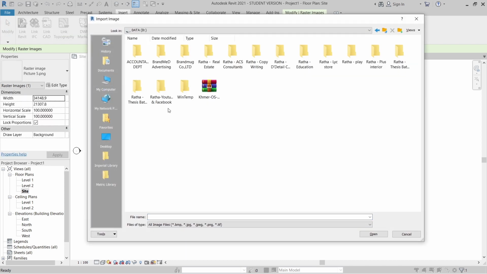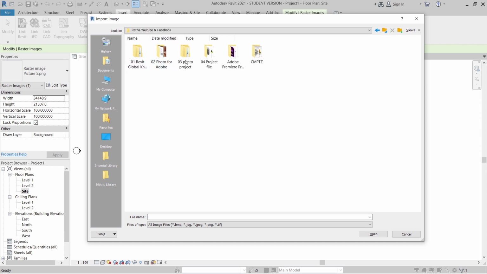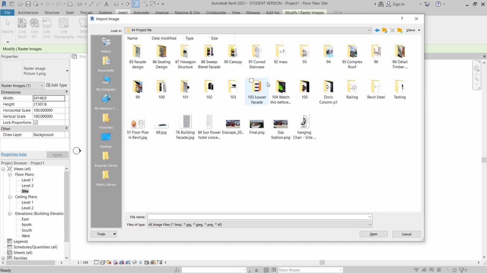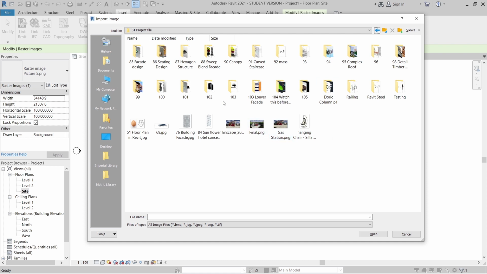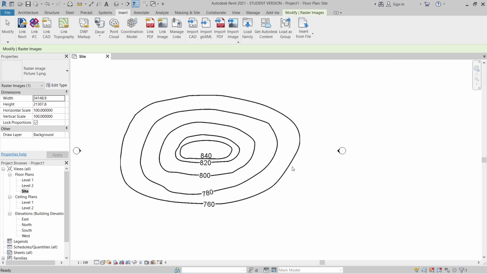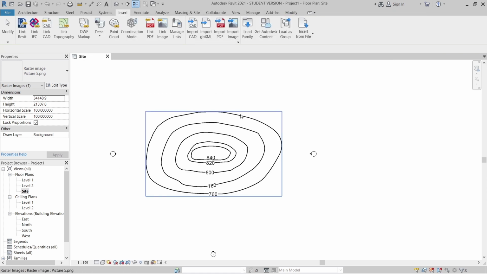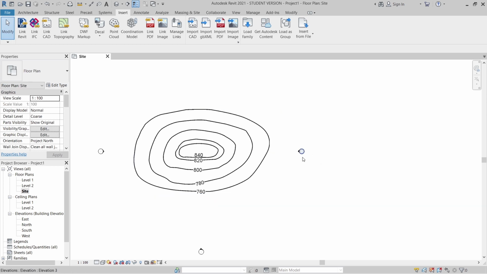I'm going to my project here, then go to my file. Okay, I haven't saved yet actually, but as in my practice before, this topo surface image here is 50 meters, and of course I will give you the original image for download, so you can learn from that.